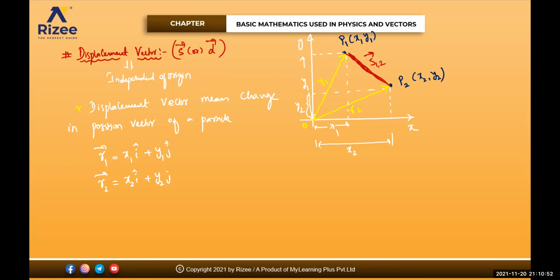Now, see carefully from triangle law. OP1 bar plus P1P2 bar must be equal to OP2 bar. Agreed? See the triangle. O to P1. Then you are going from P1 to P2. Arrow mark like this. Two vectors taken in the same order, then the closing side of the triangle is in the opposite direction. Isn't it? O to P1 plus P1 to P2 will be equal to O to P2. Is it clear for everyone?